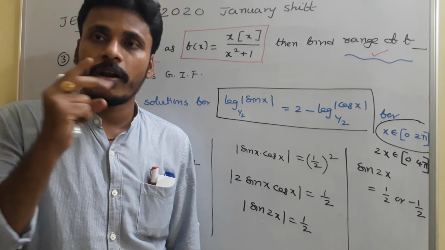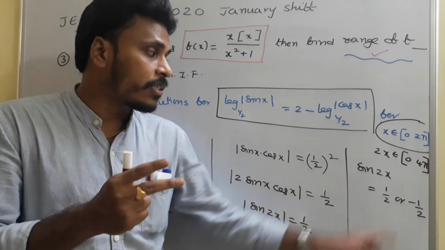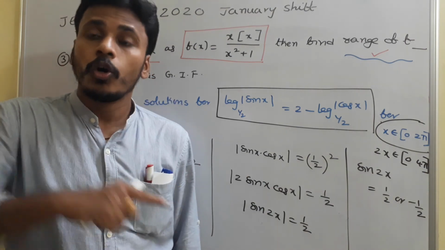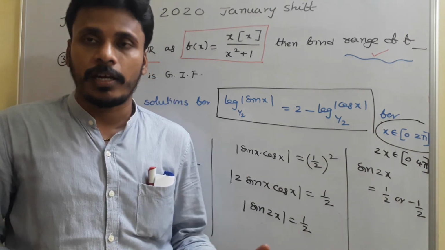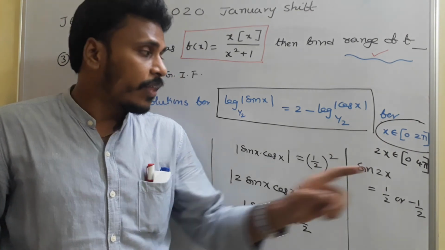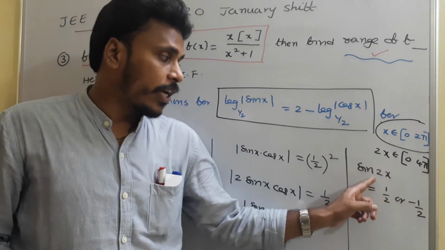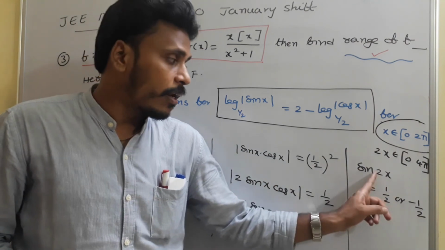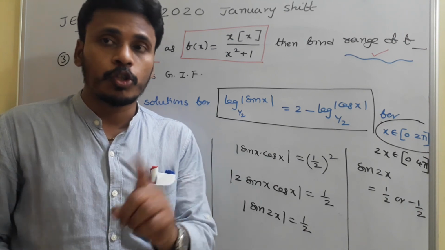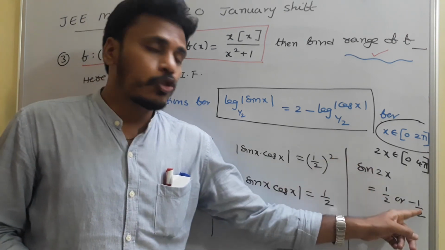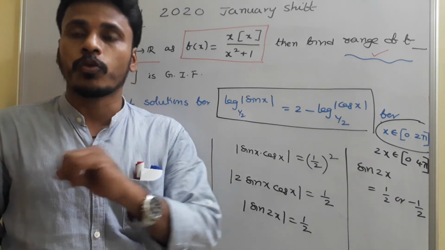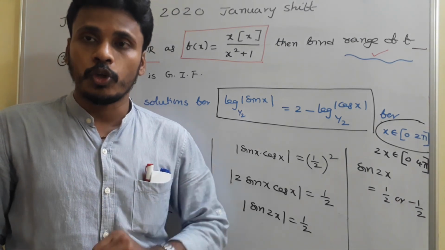One from the first quadrant, one from the second quadrant. And since it is from 0 to 4 pi, we need to rotate once again. So 2 from the first quadrant, 2 from the second quadrant. Totally 4 values for x you will get in the region 0 to 4 pi if sin 2x is equals to 1 by 2. Similarly, sin 2x is equals to minus 1 by 2. Sin 2x is negative in third and fourth quadrants. So sin 2x is equals to minus 1 by 2 has one solution in third quadrant, one solution in fourth quadrant. Okay, totally 2 solutions.